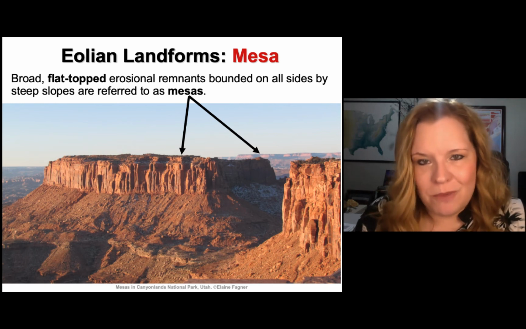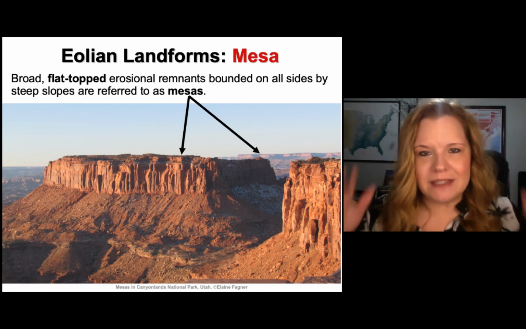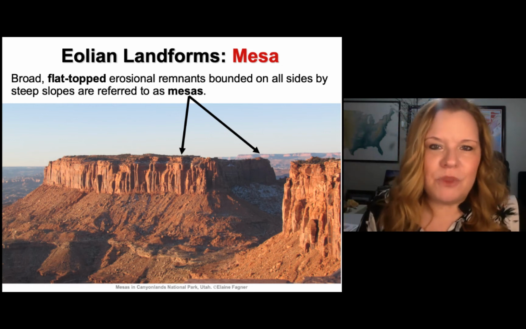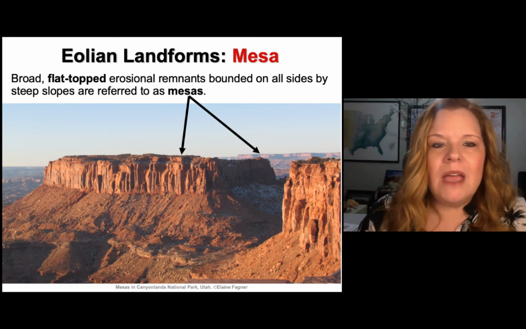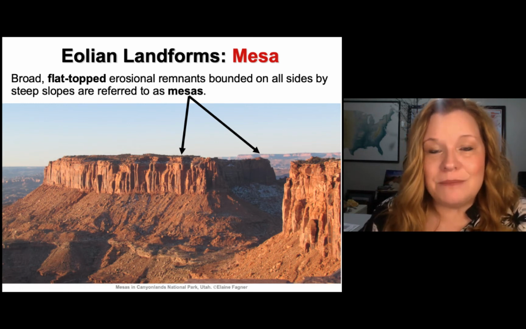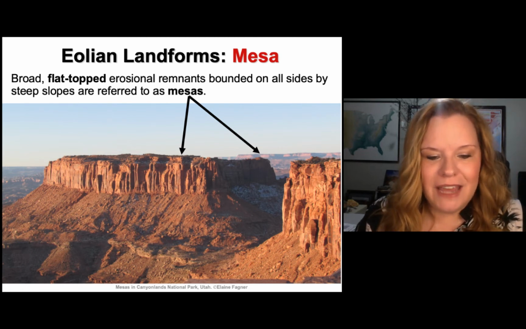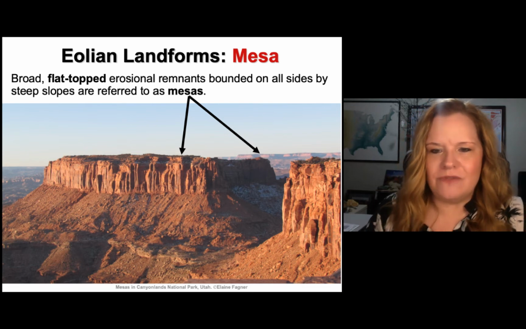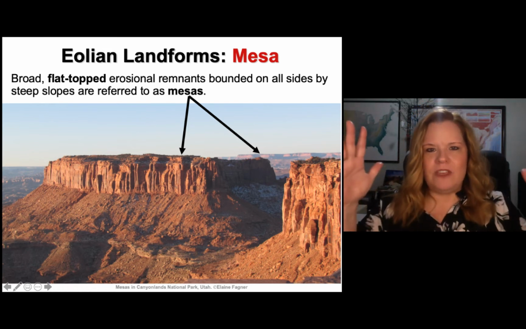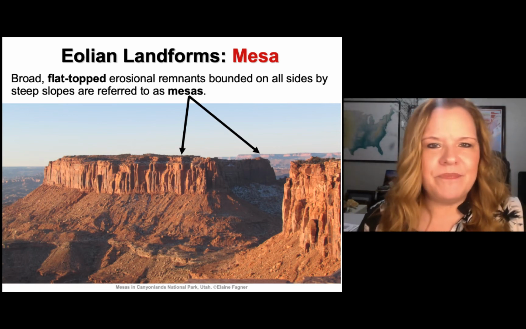Another important landform is a mesa, and a mesa is going to be bounded on all sides by steep topography and a relatively flat top. That's exactly what the word means, like tabletop, flat. These things are much wider than their cousins known as buttes. This one here is in Canyonlands, and I want you to notice that it's relatively flat, and you can see more in the background right here. So when you get these steep slope features and a flat surface, and they're fairly wide, that's called a mesa.